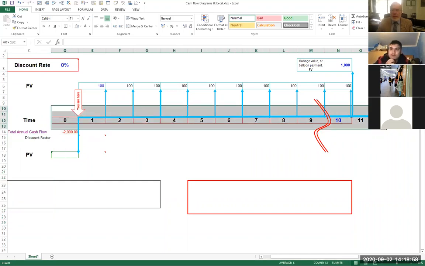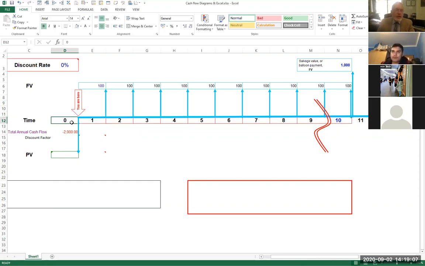This part of the cash flow diagram is nothing more than a timeline. It starts out at time 0, the beginning of the game. You are here at the end of time 0. We're assuming that the cash flows are going to happen at the end of each time period. Cash flowing into my pocket, I put as a good thing, so it's an up arrow. Cash flowing out of my pocket, like the cost, is a bad thing, so it's a down arrow. That's all it is. Now, you don't have to do it in Excel. Actually, it's a bit tedious doing them in Excel. Just do it with an old piece of paper and a pencil, and you'll be right.